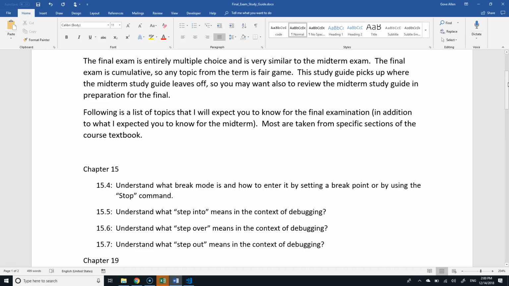Let me just finish this whole sub-procedure and take me back to the call. That's what step out does. It finishes executing that sub-procedure without stepping and takes you back to where it was called from. It's really handy when you accidentally step into. When you meant to step over and you step into, you can step out. I don't want to look at this code. Just run this. Take me there.